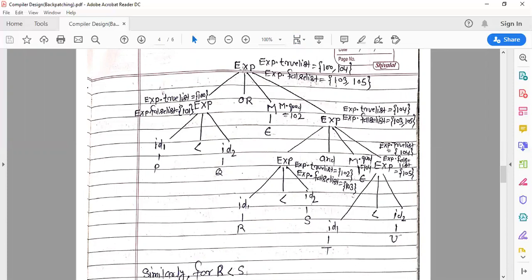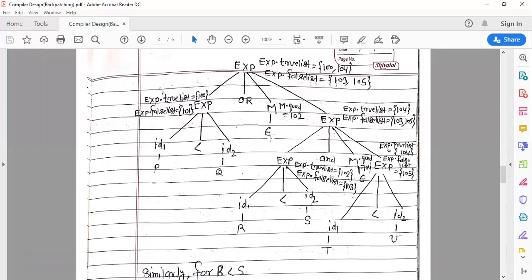You can see here exp derives exp or m exp, and we have already the production exp derive exp or m exp, and here exp derives id1 relational operator id2, and here m derives epsilon.